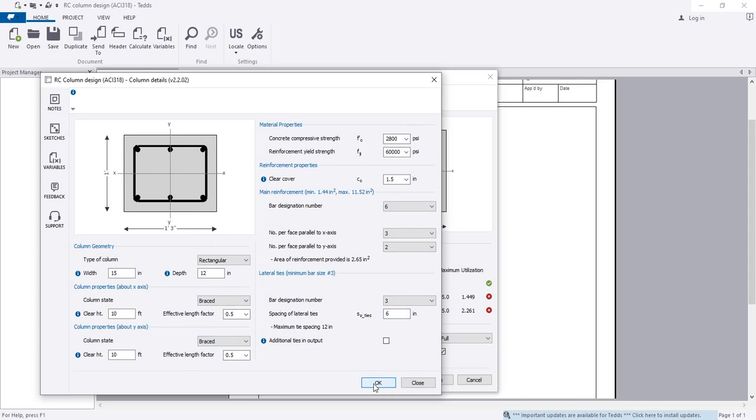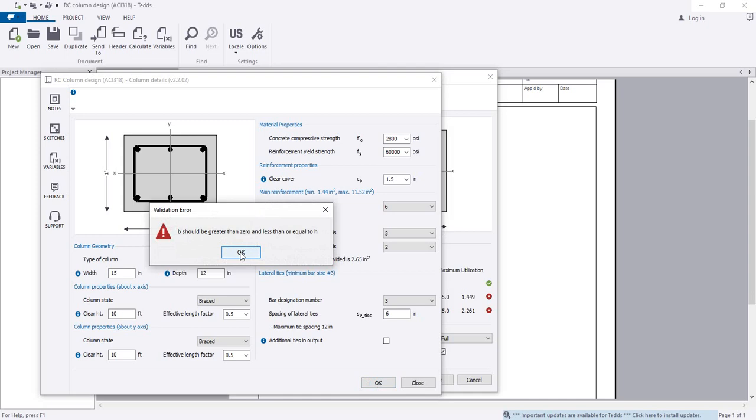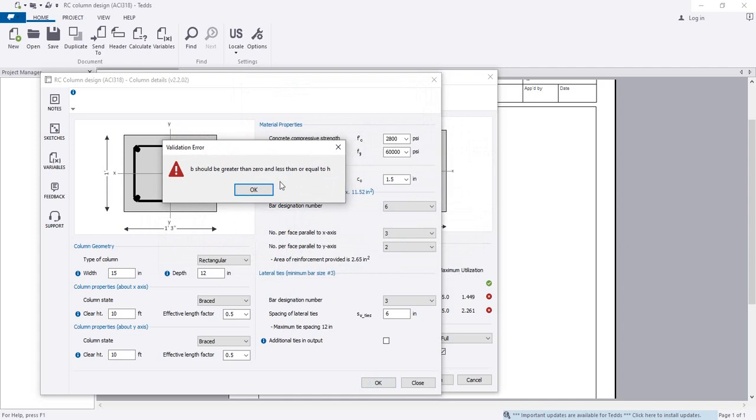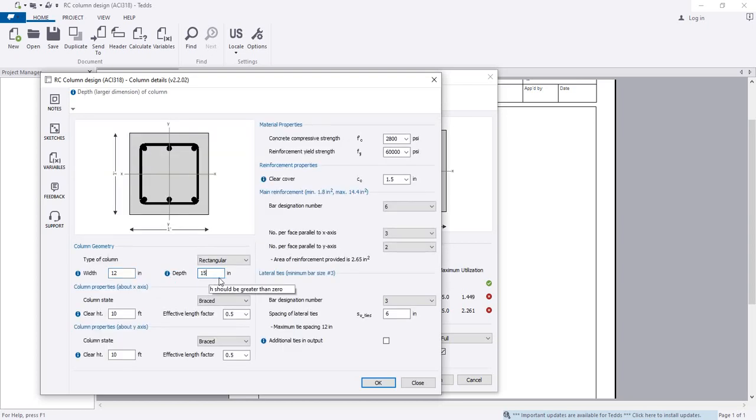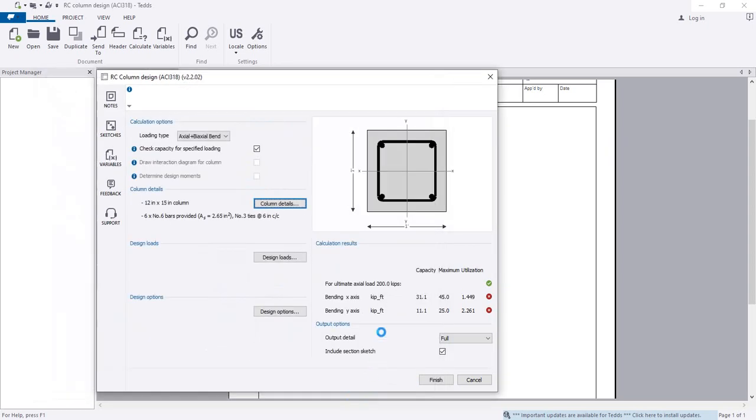I'll just go okay and see, is B should be greater than 0, less than or equal to S. They have some error. So what I'll do, width 12 and depth 15, and then okay, and see is it okay or not. Just see, now it's okay, because now our capacity is 70.5, and in y direction the capacity is 336. So now our design check is okay, and if I click finish,